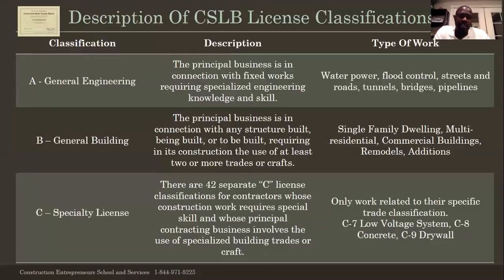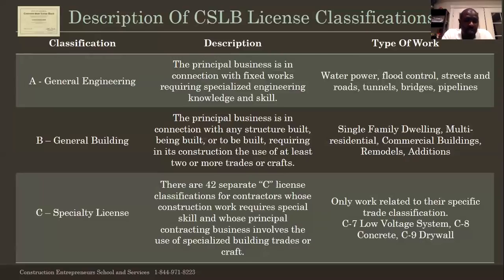Now, getting a general B is great, but by law, as a prime contractor with a B license, you can bid on jobs with framing. It has to be framing and carpentry, plus 2 additional trades. So the 2 additional trades can be concrete and drywall or painting and installation, whatever it is. But that one main trade as a prime contractor, it would have to be